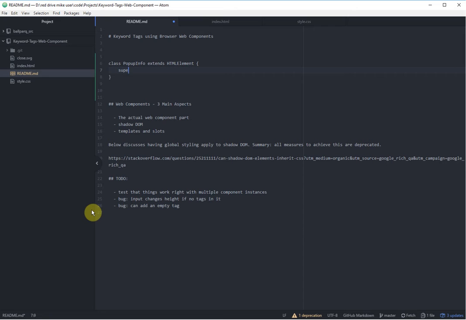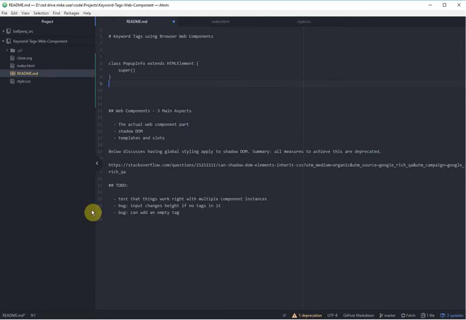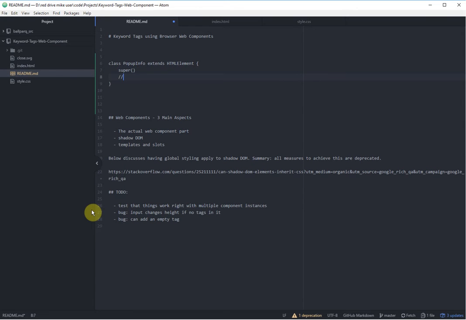This is the constructor for it, and you can do component setup, and then afterwards inform the browser of the component so that it can be instantiated correctly. And where slots come in is